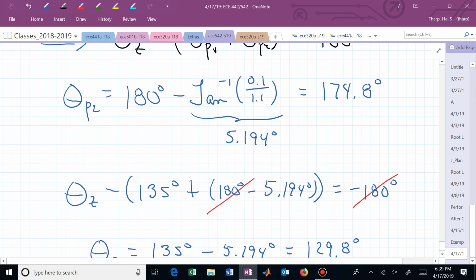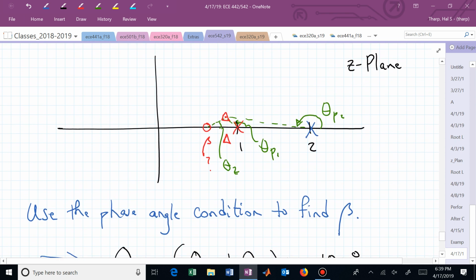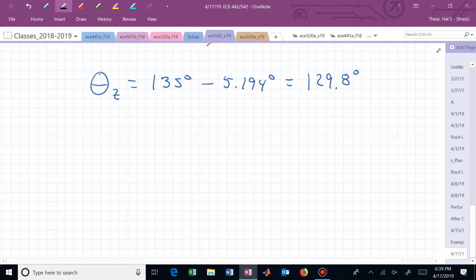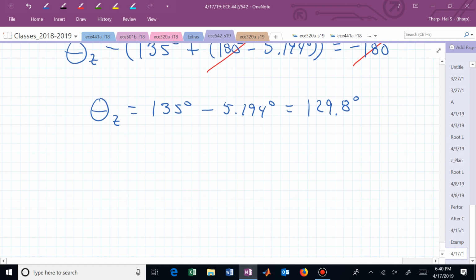Why is it not allowed to put a 0 between 1 and 2? You can now convince yourself of that again. We had this and that. Here's 2 and 1, and now I put a 0 there. Now I am locked with a closed loop pole outside the unit circle. So that's not allowed, but this is going to be okay. That 129, 130 is less than 135.